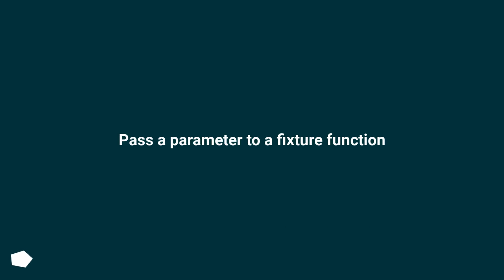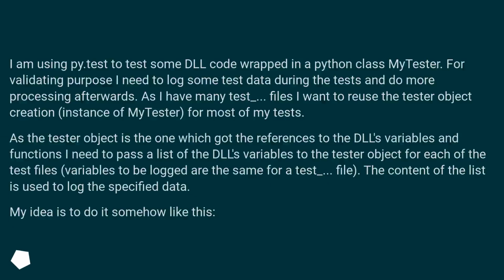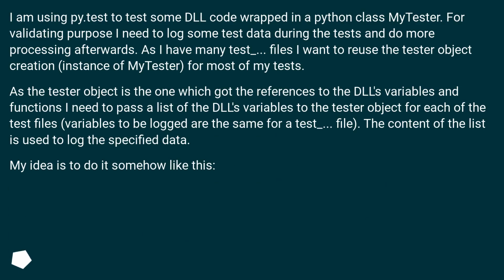Pass a parameter to a fixture function. I am using pytest to test some DLL code wrapped in a Python class. For validating purposes I need to log some test data during the tests and do more processing afterwards. As I have many test_ files I want to reuse the tester object creation instead of pytest for most